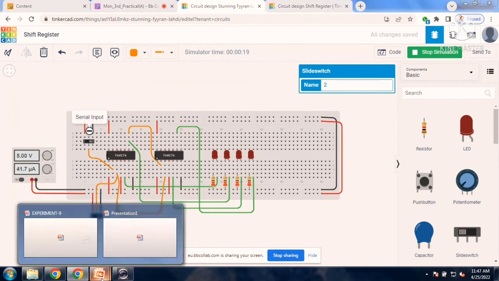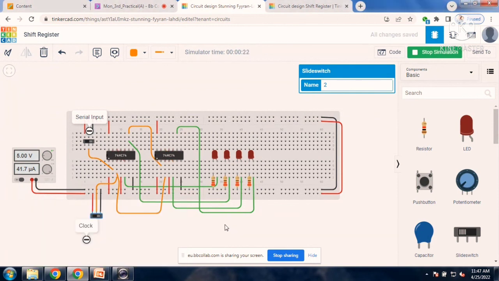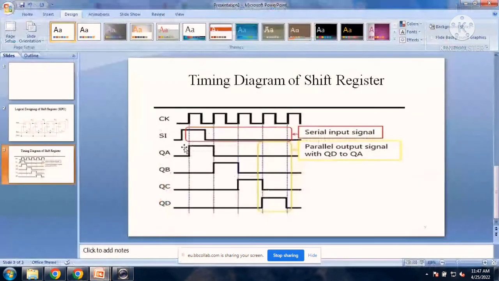Okay. So let's see, as we make the circuit for the positive trigger, when I give the clock signal at the positive trigger,